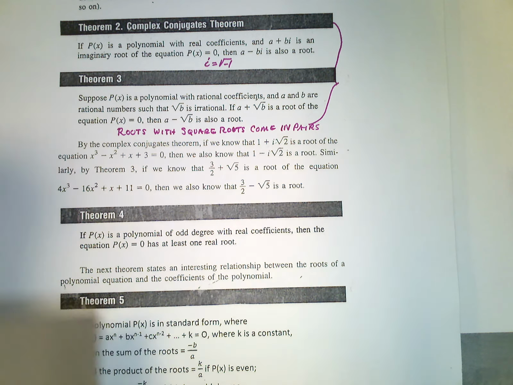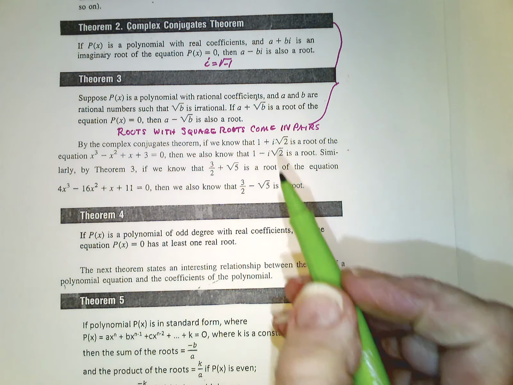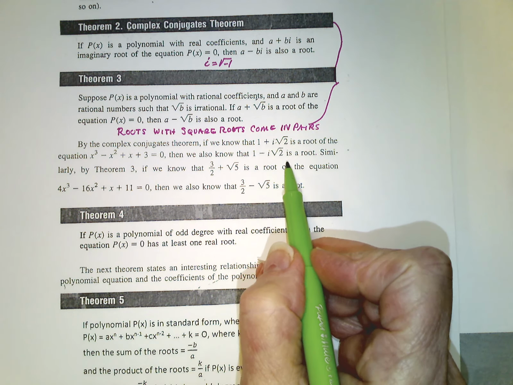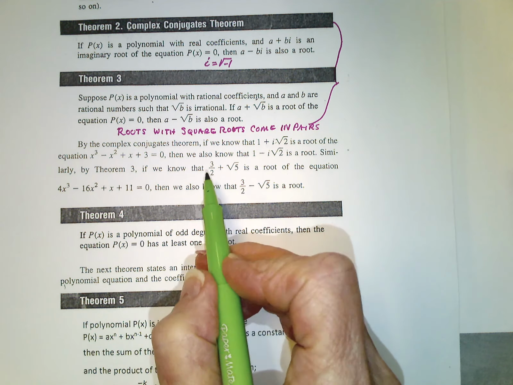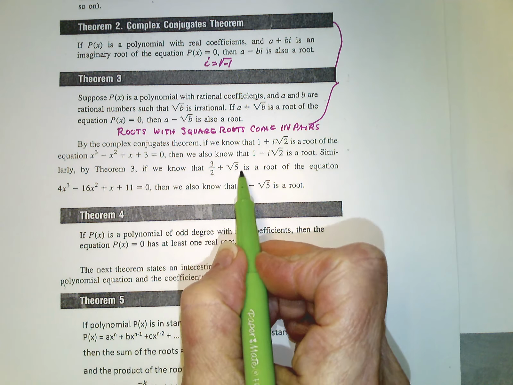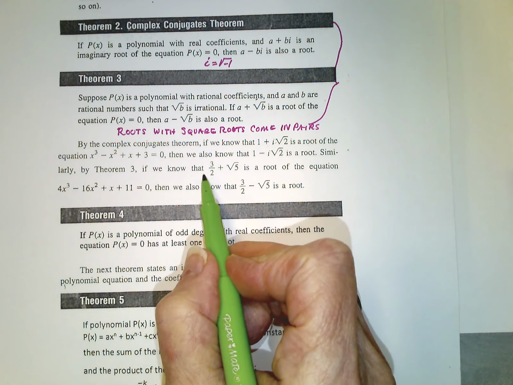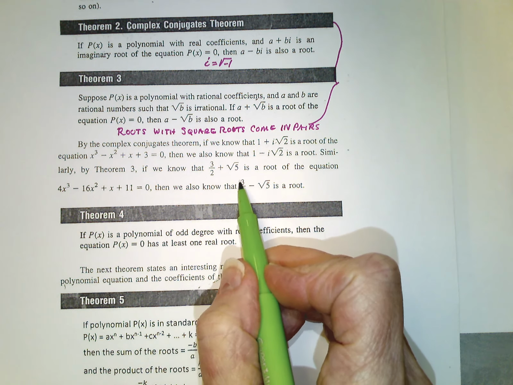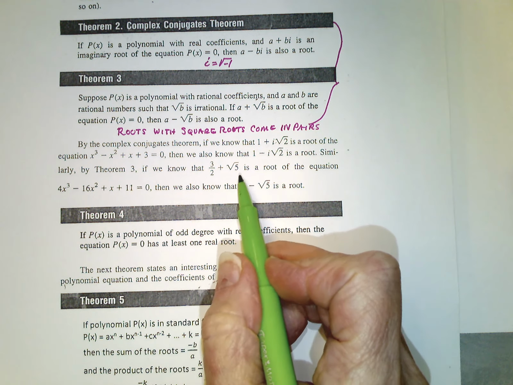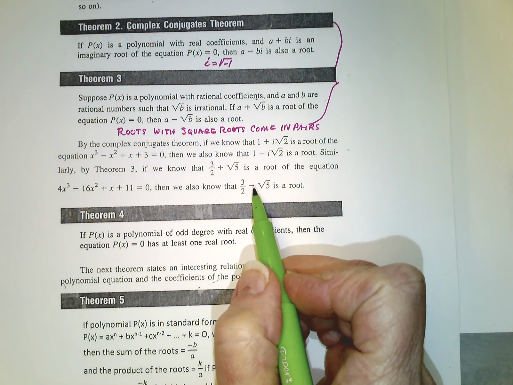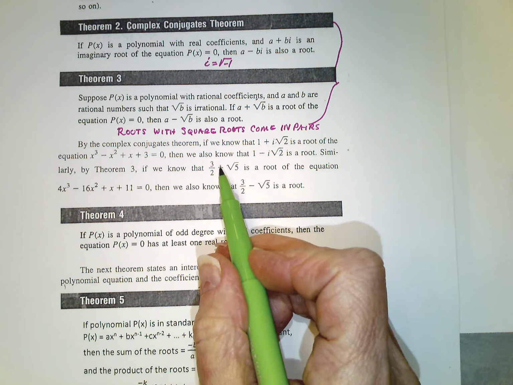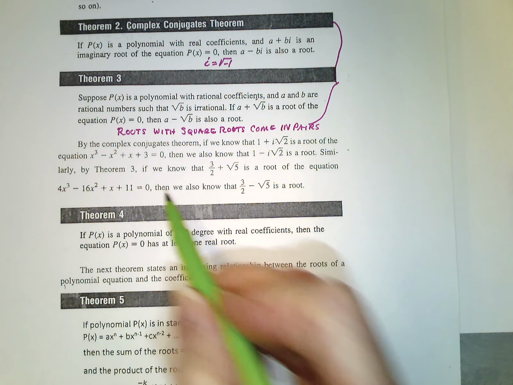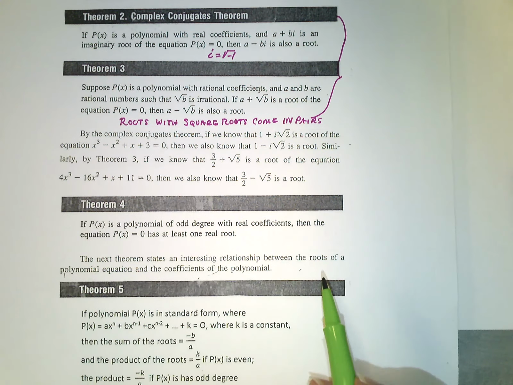So they tell us that here, that if 1 plus i times the square root of 2 is an answer, so is 1 minus i times the square root of 2. This is all one number here. 3/2 plus the square root of 5 is one number. So is its conjugate, 3/2 minus the square root of 5. And if one of these is a solution to the polynomial, they both have to be solutions. And they tell you they're both solutions of this particular polynomial right here. This one,